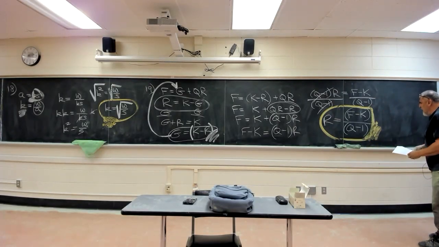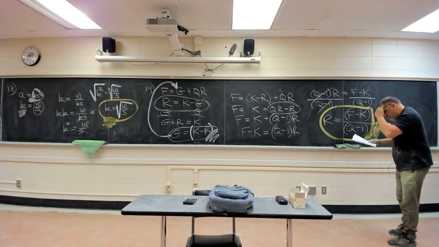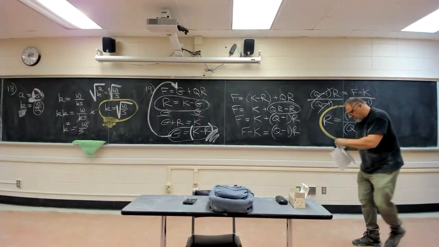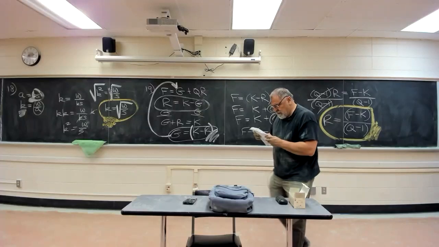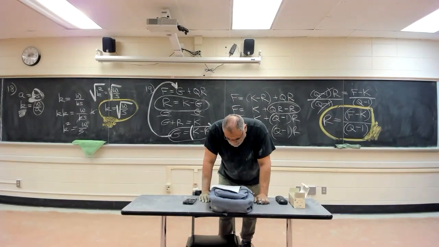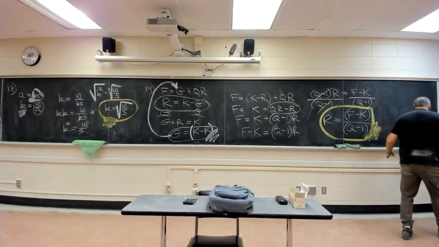The quantity F minus K over the R equals the quantity F minus K over the quantity Q minus 1. And they write it. Yeah, you can write it a couple ways, actually. R equals F minus K over Q minus 1, which is what I got there. You could also write it,